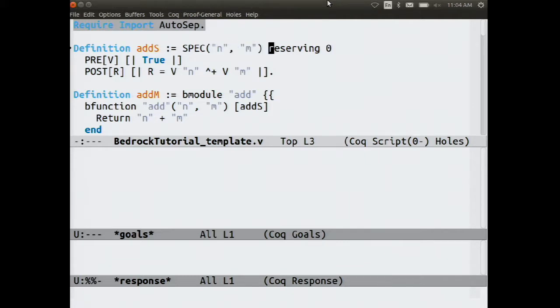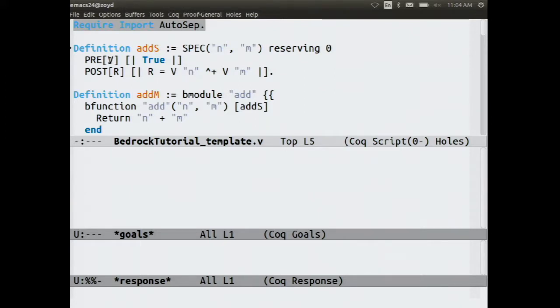We do static reasoning about stack depth and whether we stay within limits. The precondition is just true. We take regular Coq props and put them in these funny brackets to turn them into props in the language that's being used here. And the postcondition binds the name r for the return value, which is asserted to be equal to the values of variables n and m when the function is called. So this v here is binding a name for a lookup function for the values of variables when we first enter the function. So this is a spec that says, please add 2 numbers.